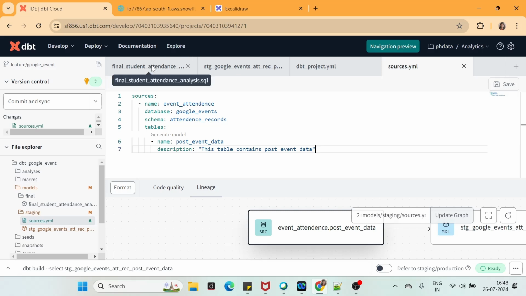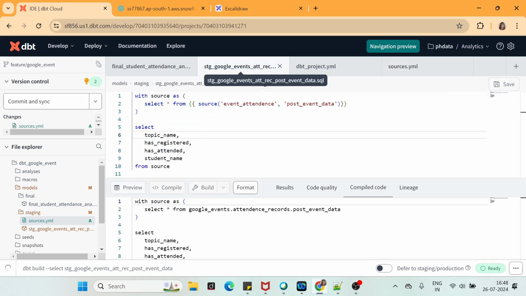Let us say in this staging model, I want that no topic name coming from that Snowflake table should be null. If it is null, my model should fail, and I will get to know that this is a null record, and I can get back to the vendor who loaded that data into Snowflake.